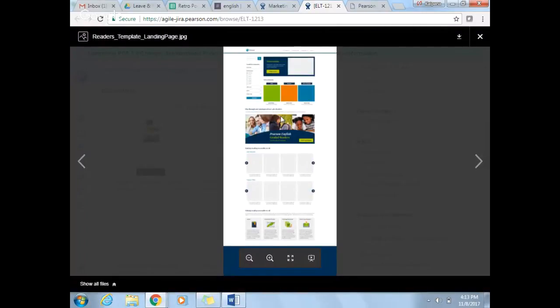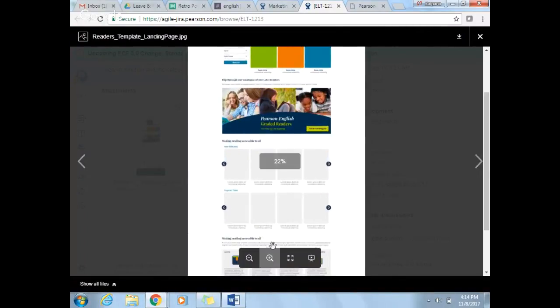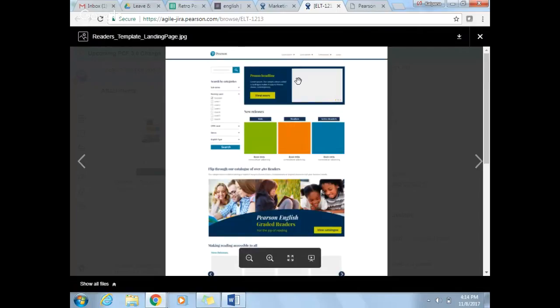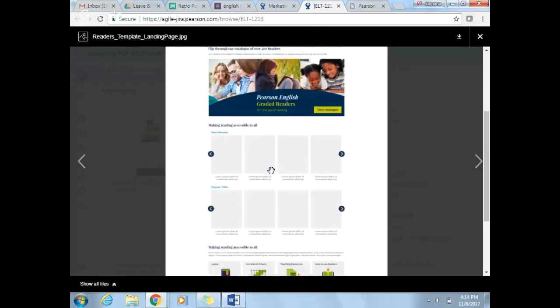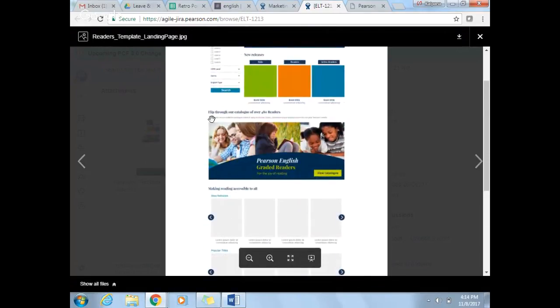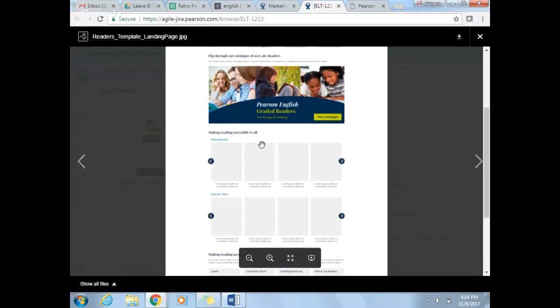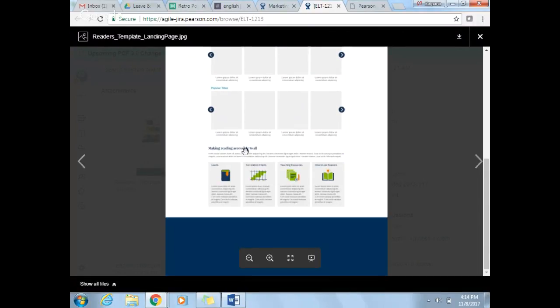So actually, in this section, we have one carousel here, and below the new releases, we have some sections like flip through our catalogs over 480 readers and making reading accessible to all. So you want to make this section as a dynamic section, like as a block, or it is static section?